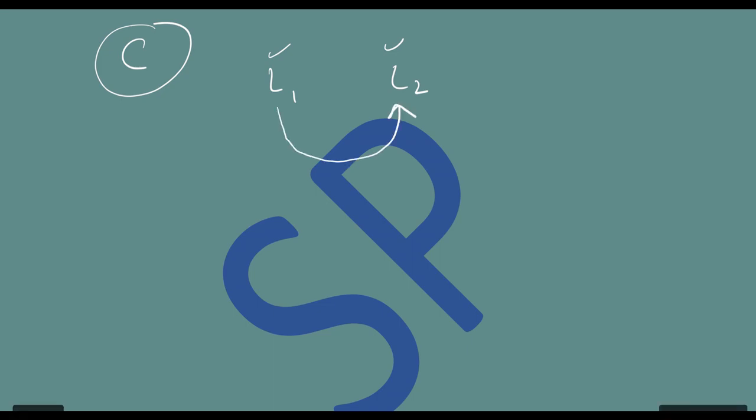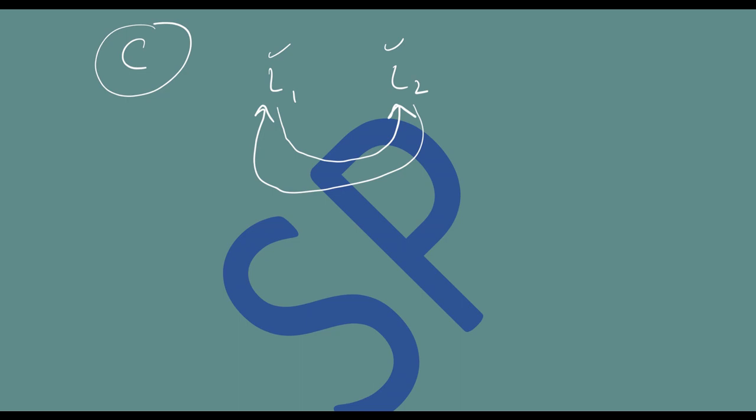Now let us see two simple theorems on conjugate points and conjugate lines. Remember, conjugate lines means, I have a circle. Now two lines are there, L1 and L2. I call these two lines conjugate lines with respect to the circle having center C if the pole of L1 lies on L2 and the pole of L2 lies on L1.